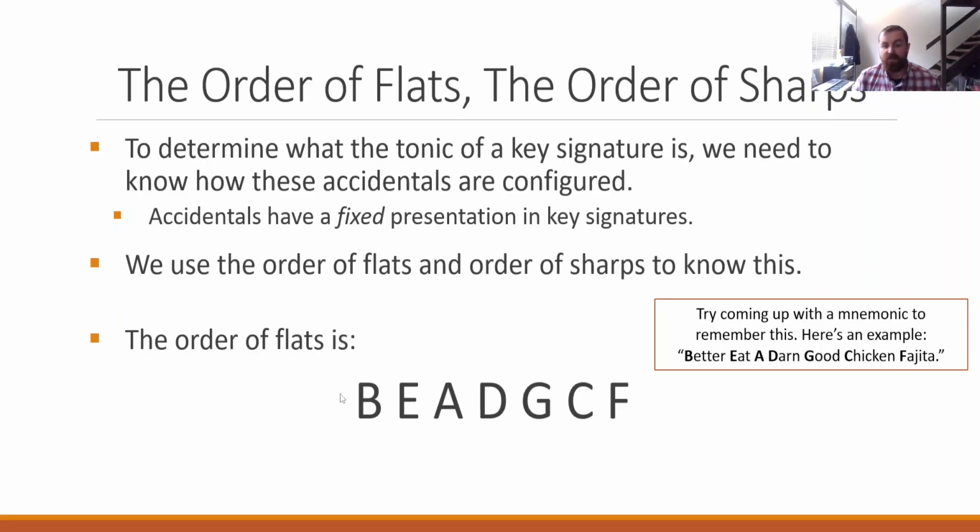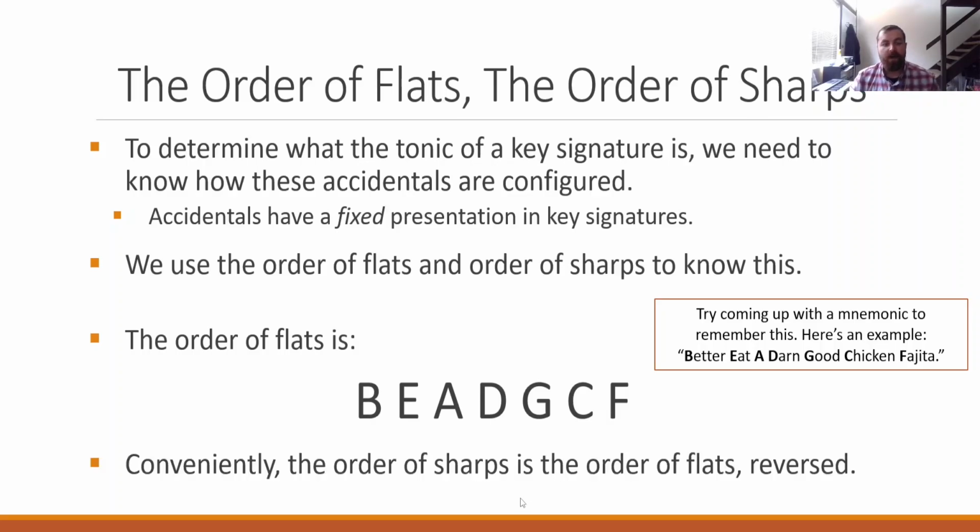What this means is if we have a key signature with flats in it, if it has 3 flats, it has to be these 3 flats: B flat, E flat, and A flat. So music is relatively systematic. There's only 15 options of scales that we have. So there's not an infinite possibility with the juxtaposition of flats here, at least as far as key signatures are